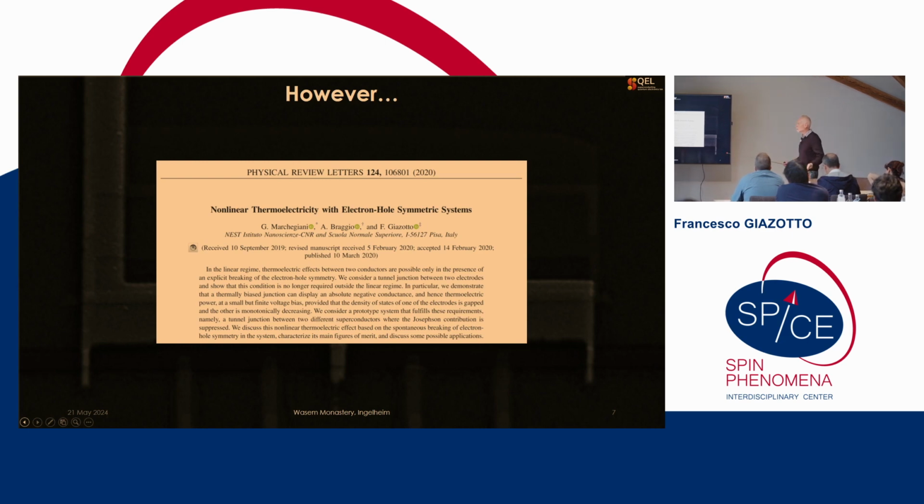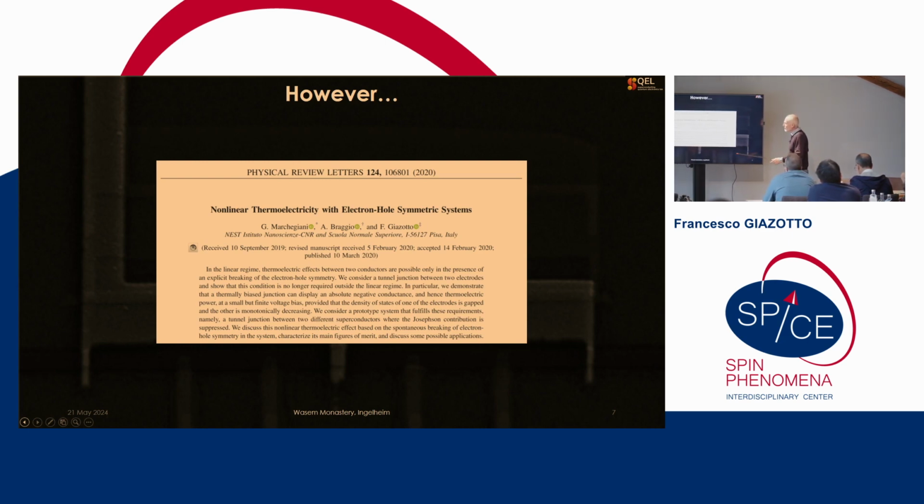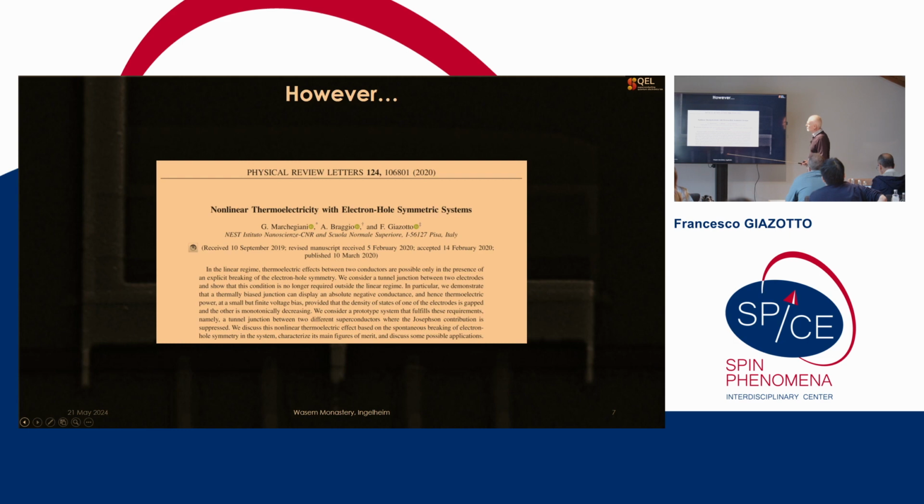So we started to work on this different concept. We understood the following thing. In the linear regime, as I was saying, thermoelectricity between two conductors is indeed possible in the presence of an explicit breaking of the electron-hole symmetry. So in the linear regime, you have to break electron-hole symmetry in order to provide a suitable thermoelectric response in the system, okay? So if we consider a very basic tunnel junction between metallic electrodes, we show that